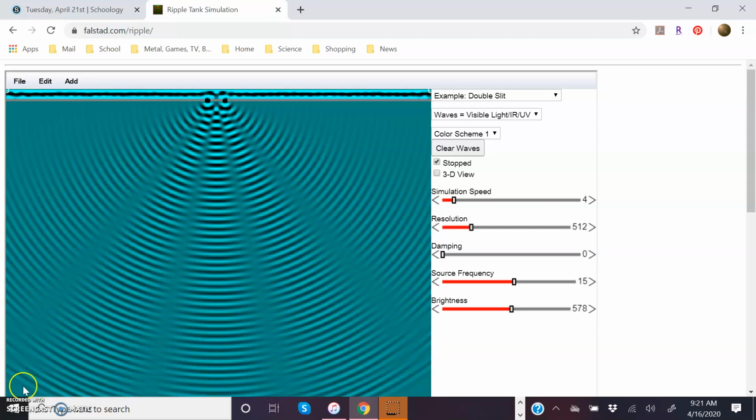Right down here, for example, would be where the screen is located. This right here would be the whiteboard where you saw the demonstration in my lecture. And then right over here would be the central maximum. And so then you end up with this very bright spot here in the center of the pattern, and then you end up with the alternating pattern of bright and dark fringes, bright and dark fringes as you start to